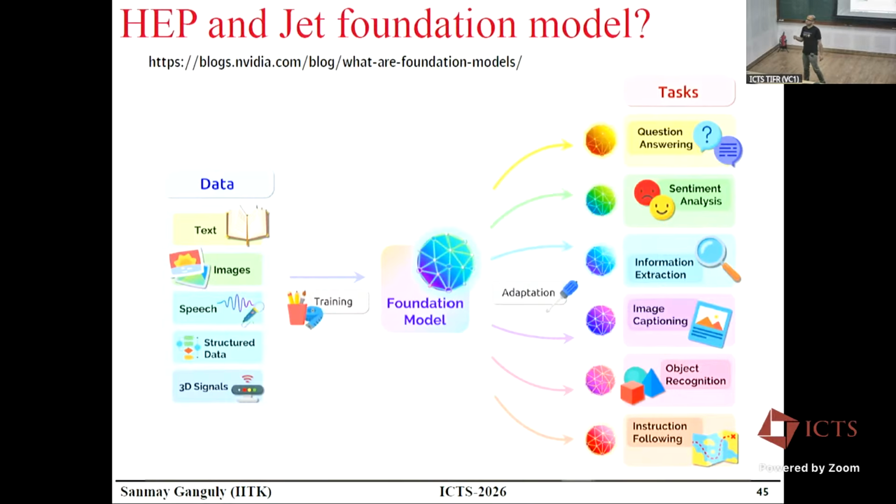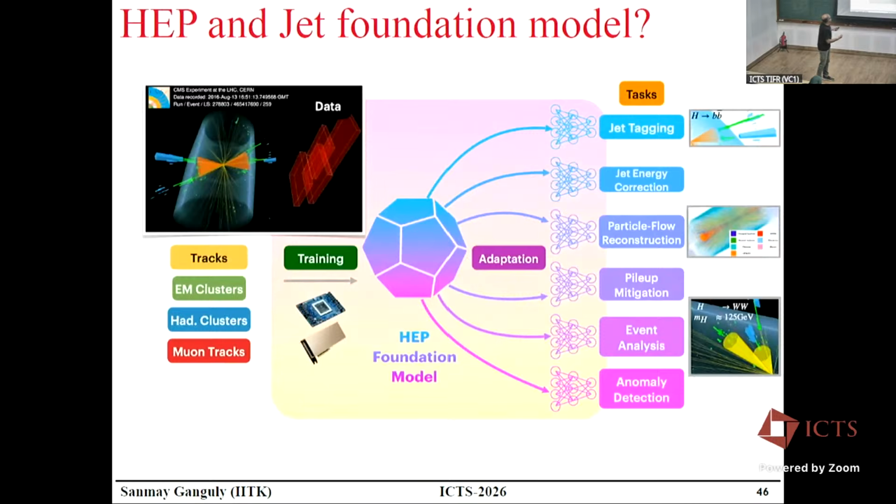And people are trying to bring the ideas from the domain of large language models to the world of jet physics. Okay. So here, the idea is, you train on all possible data you have. Use the most low-level data, where I have tracks, hits, muon chamber information, etc. And this you do for data from different colliders. You make a great jet foundation model, or in general, a HEP foundation model, high energy physics foundation model. And then try to do all possible tasks, which I will address one by one.